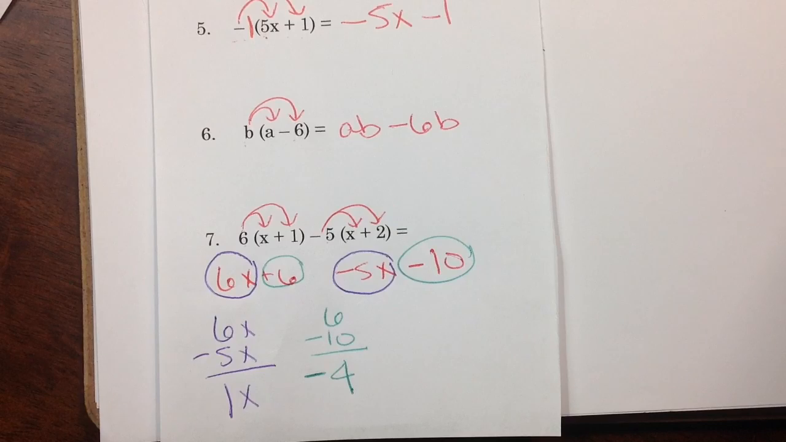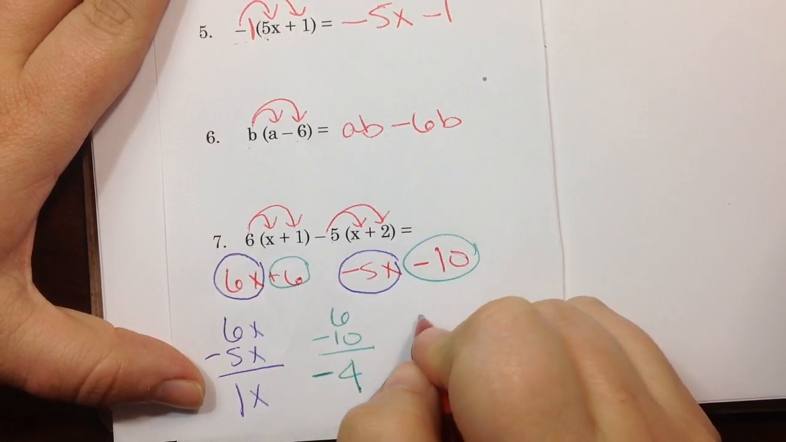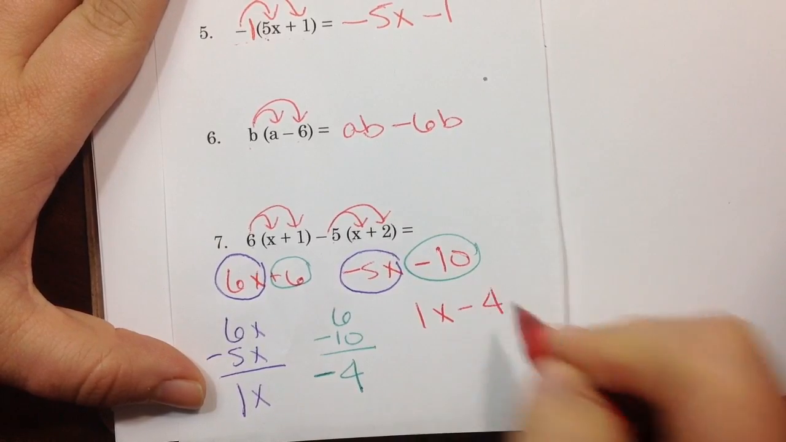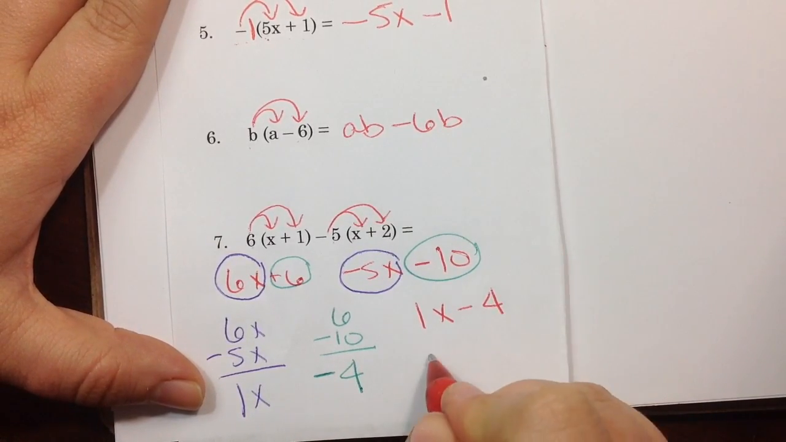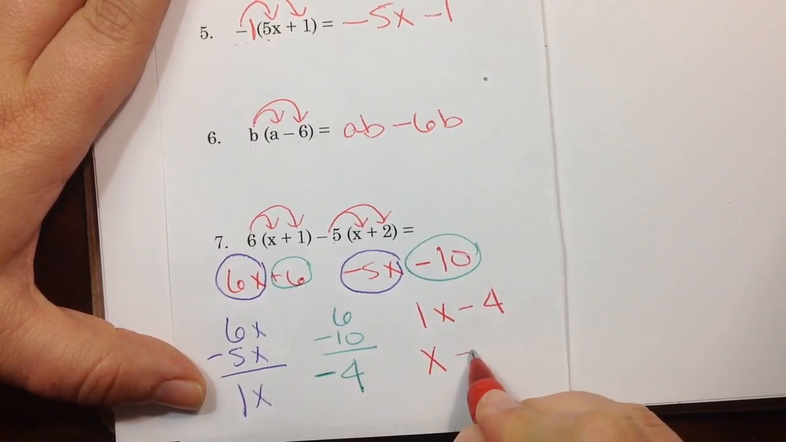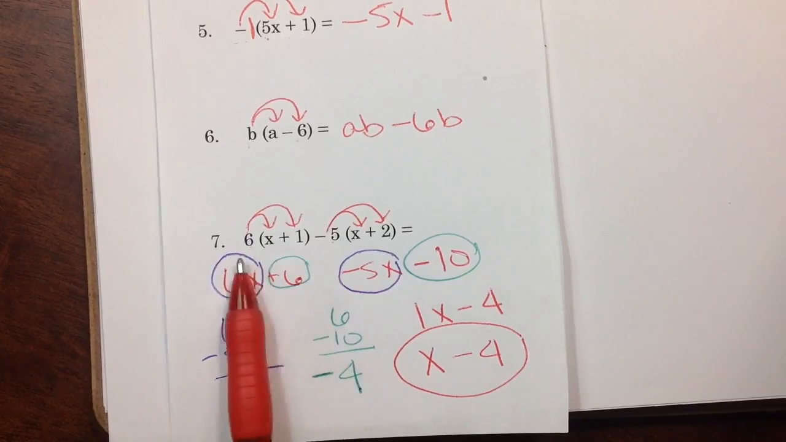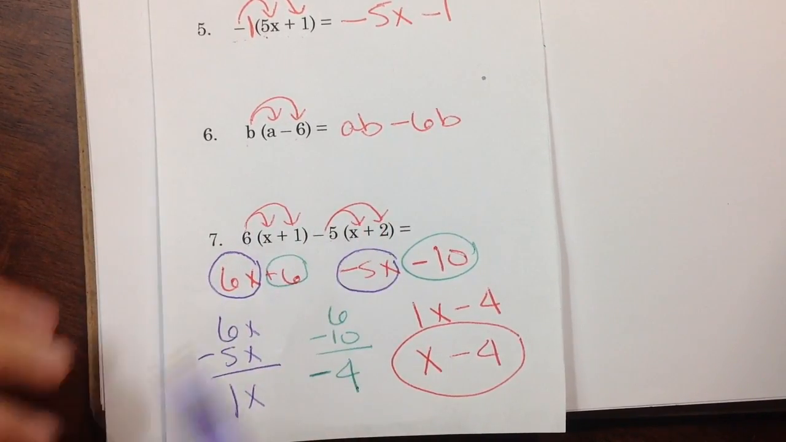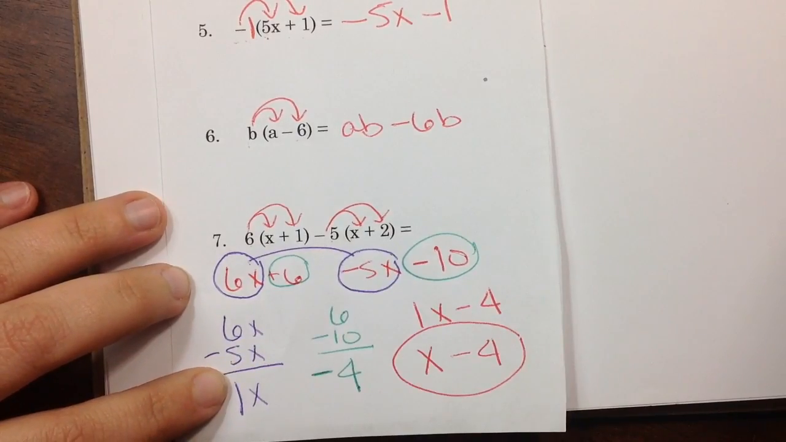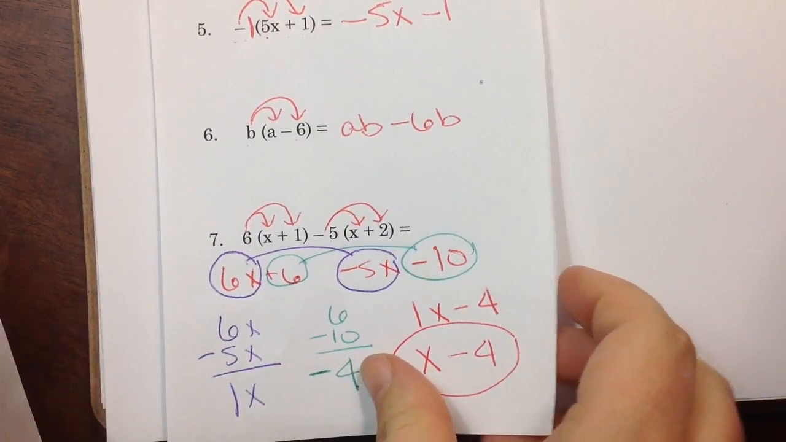So after I distributed, I combined like terms and I would get my final answer, which would be 1x minus 4. Now on a test, you won't see this because if there's 1x, you would just have an x by itself minus 4. So that would be your final answer for this distributive property. So you would do distributive property and then we would combine like terms to get our final answer. All right, let's do a couple more. They're going to get harder,